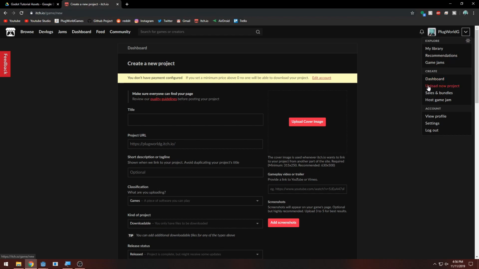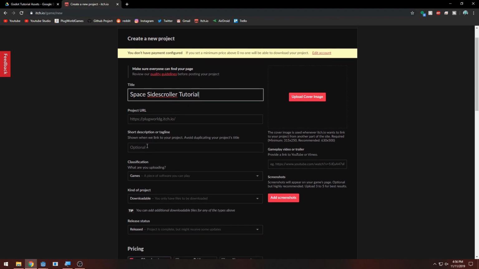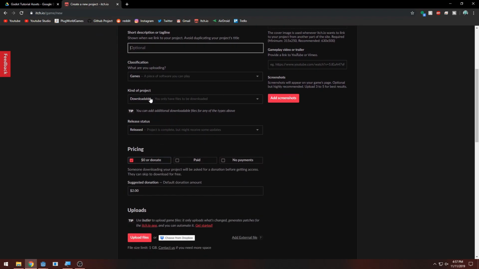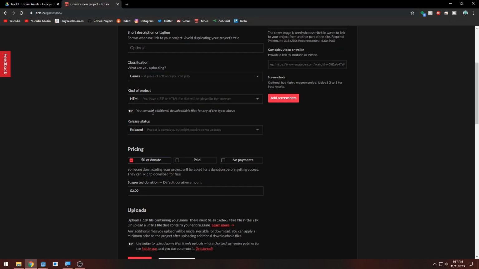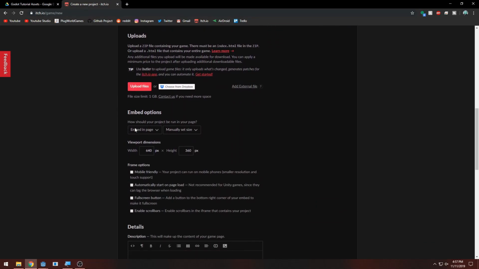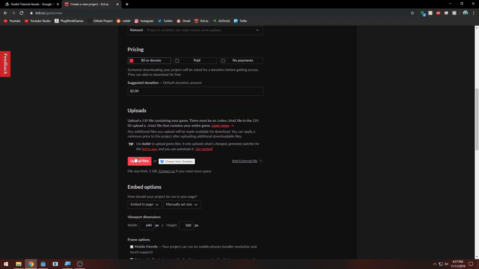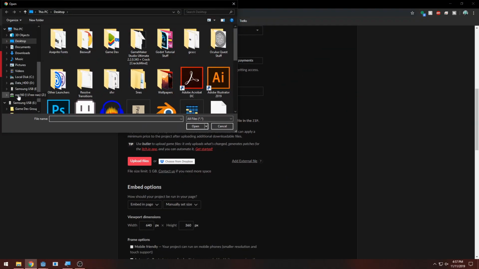press upload new project. Just press upload new project, and then it'll be like create new project, and you'll be like, space Sidescroller tutorial finished. I don't know. Just call it that or something. And I don't need to fill this in. And then the kind of project, you'd be like, I'm using the HTML. You'd be able to run this online, and you can set the donation stuff or not. It honestly doesn't matter. Then you want to do upload files, upload,